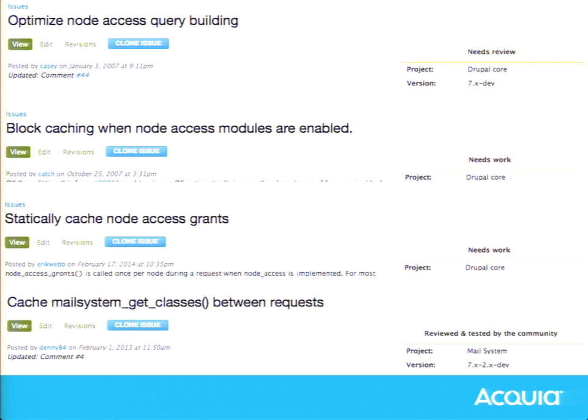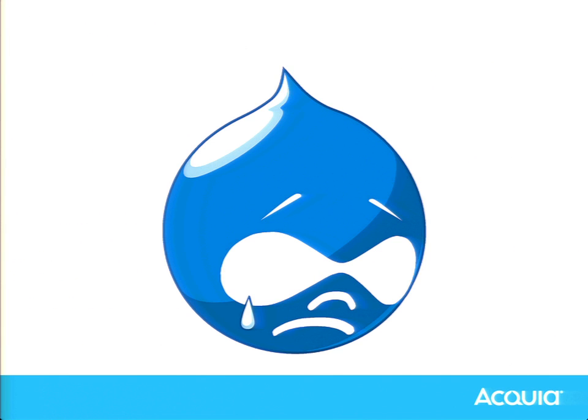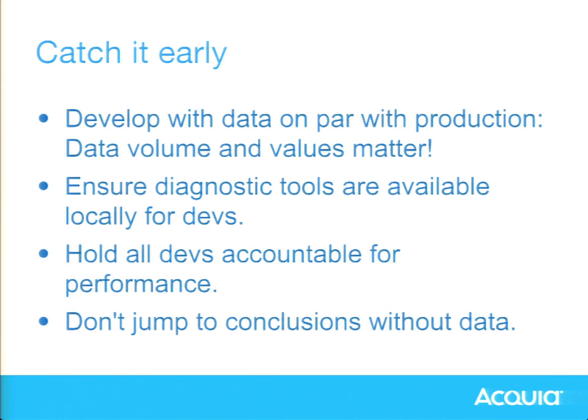And in contrib, a good example is the Mail System module, which you look at and say, it's a very simple module. It's used by 60,000 plus sites. What could go wrong? It actually has this fun little feature where in hook_init, it loops through every class that's available and sees if Mail System could use it. So if you have lots and lots of classes, it's really expensive. If you test the module by itself, it's perfectly fine. Another example. And that makes Drupal very sad. Thanks to Chx for this one.